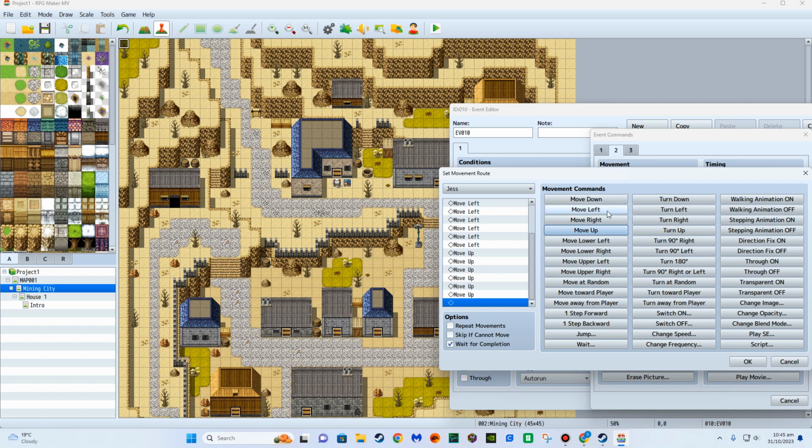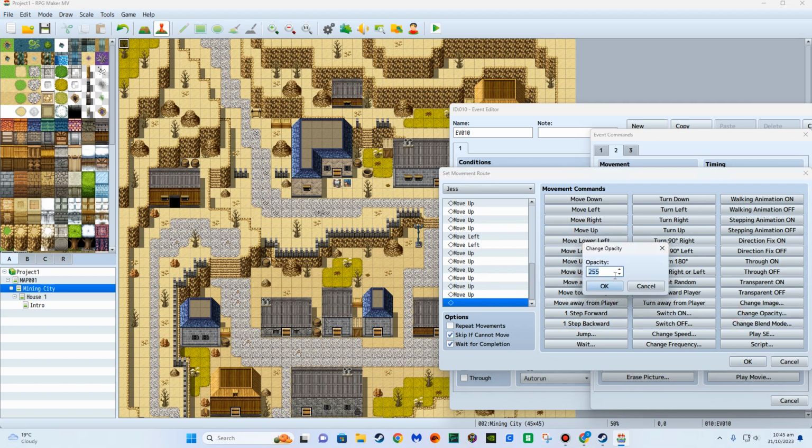One to the left, 2 up, 2 up, 1 up, 2 to the left, then 6 up. So that should bring Jess up to the top here. Just in case, we're going to say skip if cannot move, and then at the end of all of that